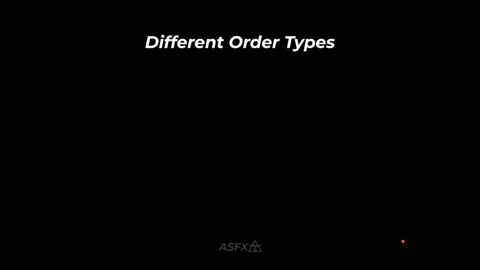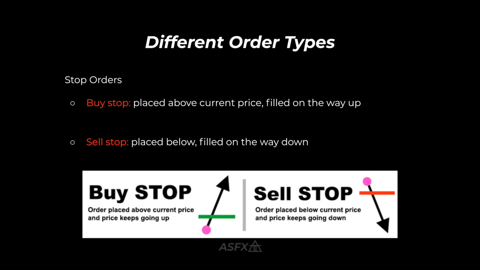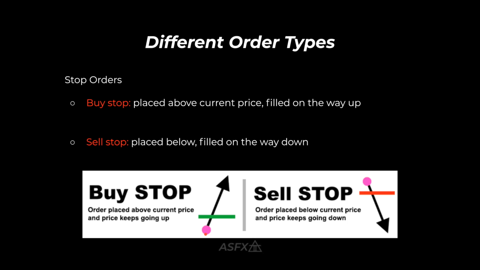You can compare limit orders to stop orders. Now, stop orders are just as important, but again, I don't use these actively. A buy stop is placed above current price, filled on the way up. Sell stops are placed below current price, filled on the way down. And here's another visual representation of that. So you can see the order was placed above current price, price rises, picks up the order on its way up, and continues higher. The sell stop is the exact inverse of that. So again, there's multiple types of orders between the stop orders and the limit orders, but we are focused on market orders. Get me in, get me out as fast as possible.